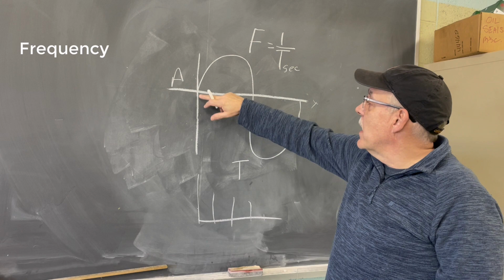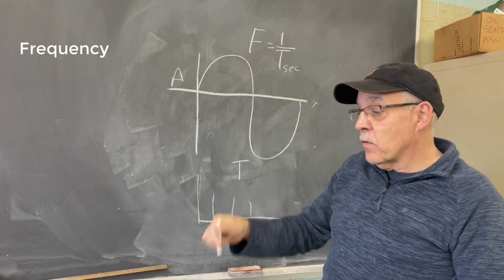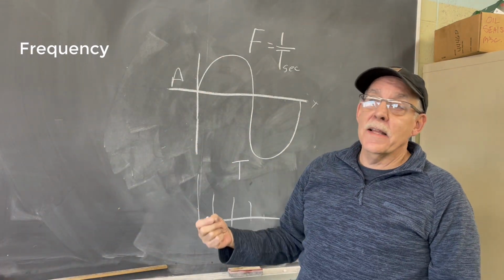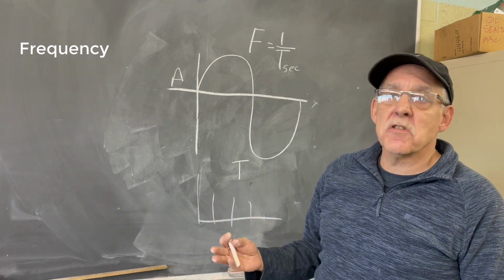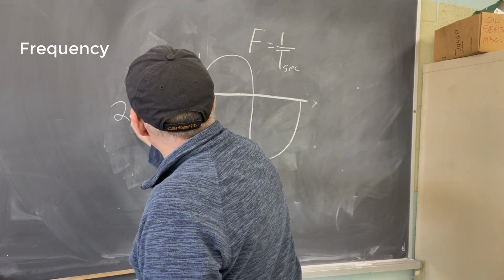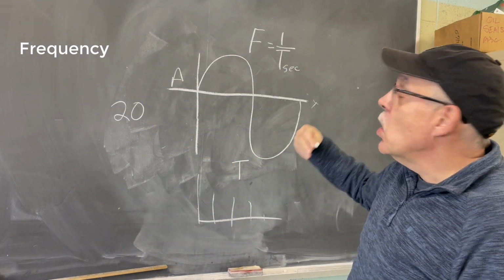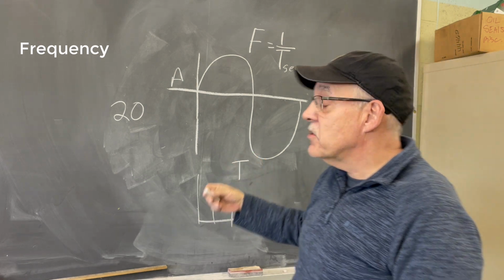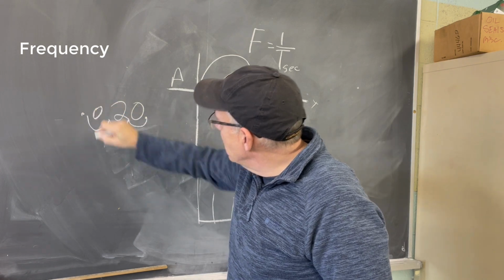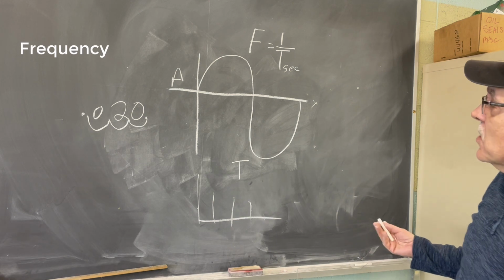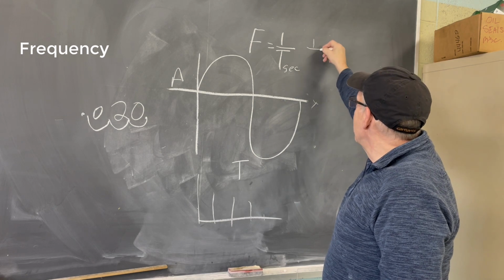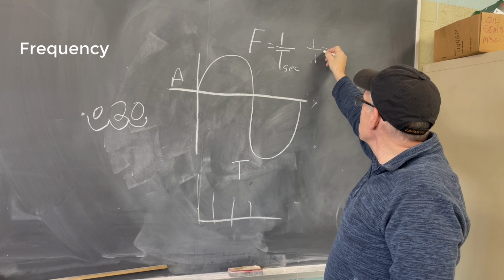So a lot of times, if you think about how fast that outer race is turning, you're running 1,800 revolutions a minute. One revolution of that outer race takes way less than 1 second. We're talking milliseconds, thousandths of a second, to complete one cycle. So if it was 20 milliseconds that we had for the time, we've got to convert that time into seconds. Milli just means one thousandth, so 20 milliseconds would be 0.02 seconds. Then we take that time in seconds and divide it into 1. So whatever it is, say we take 1 divided by 0.1 of a second, it gives us 10